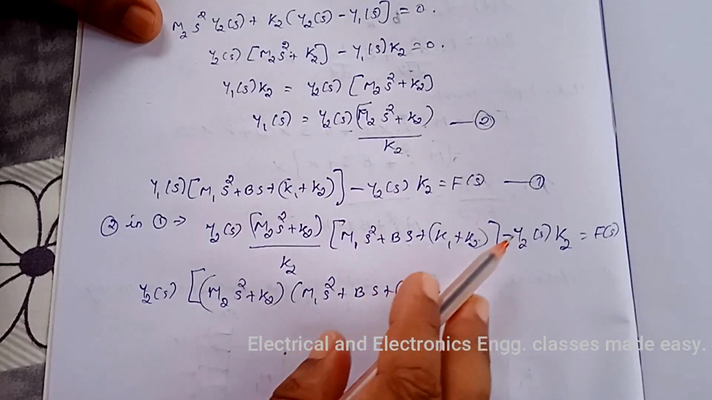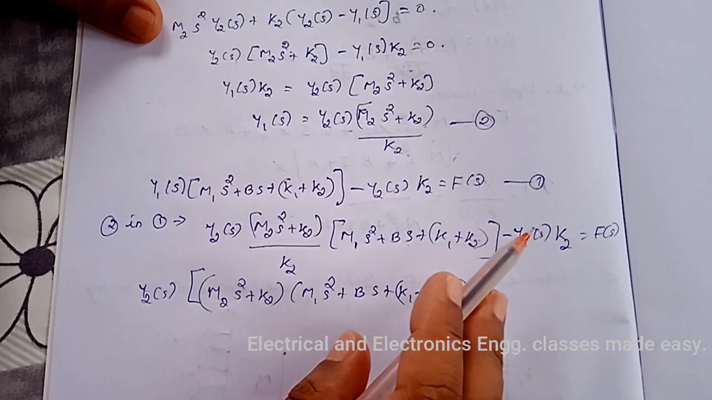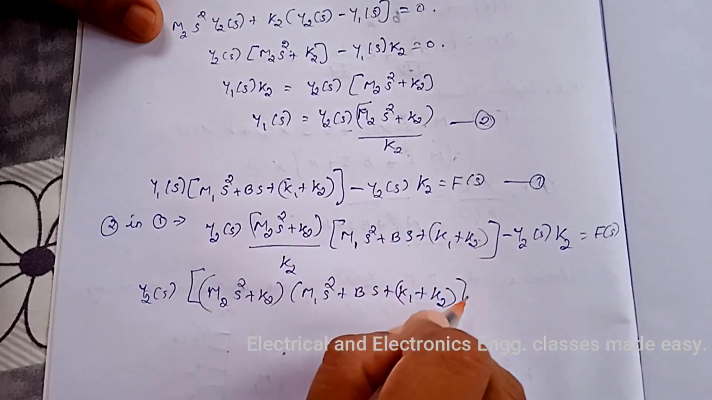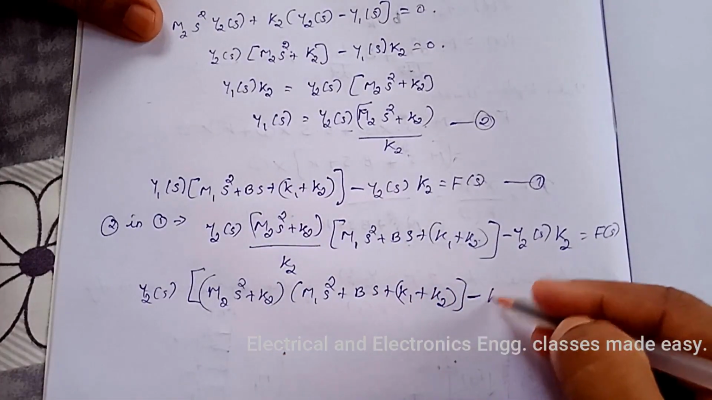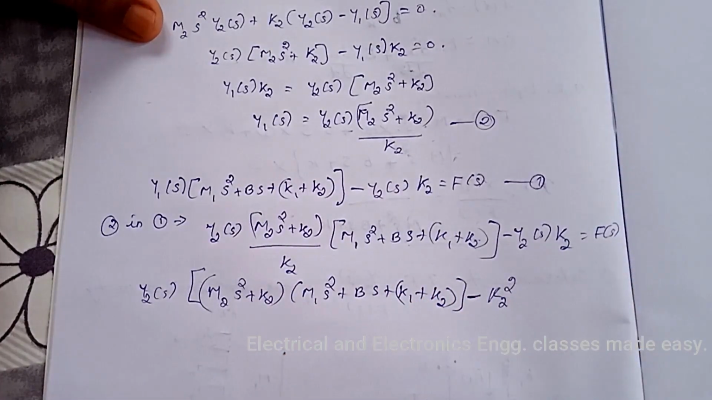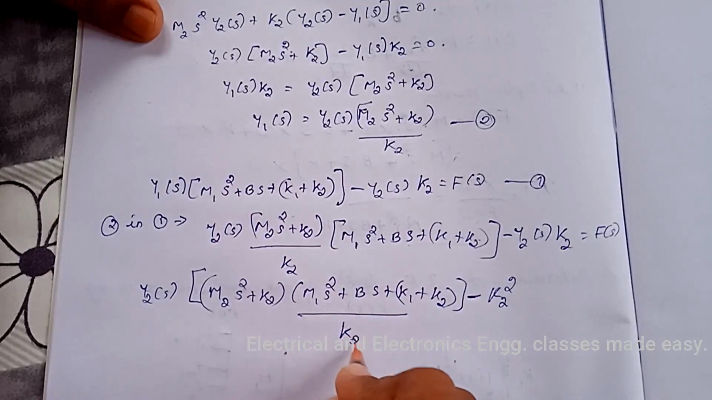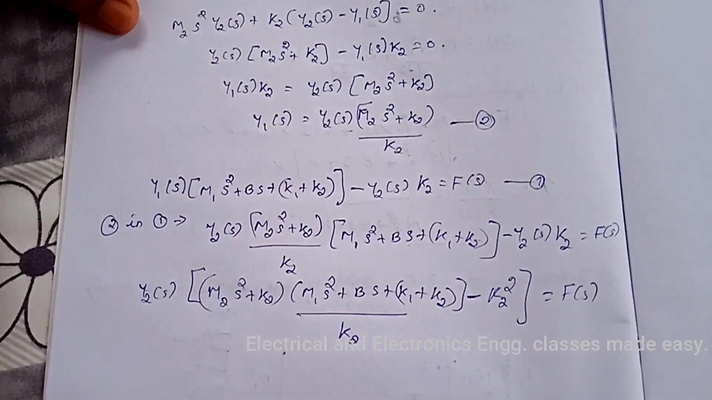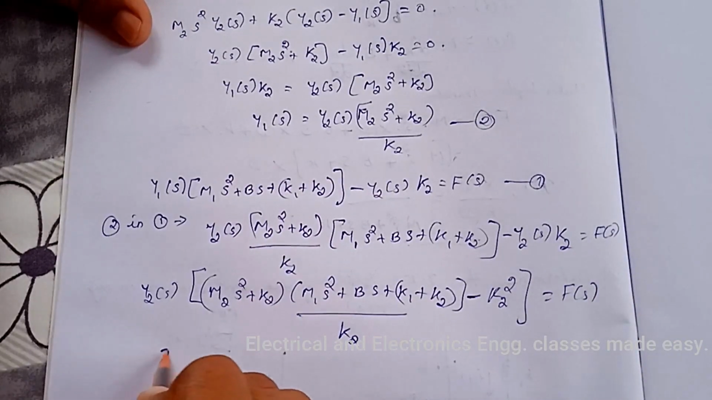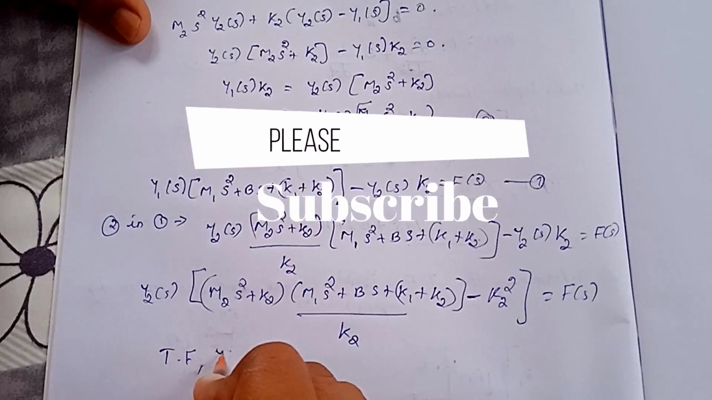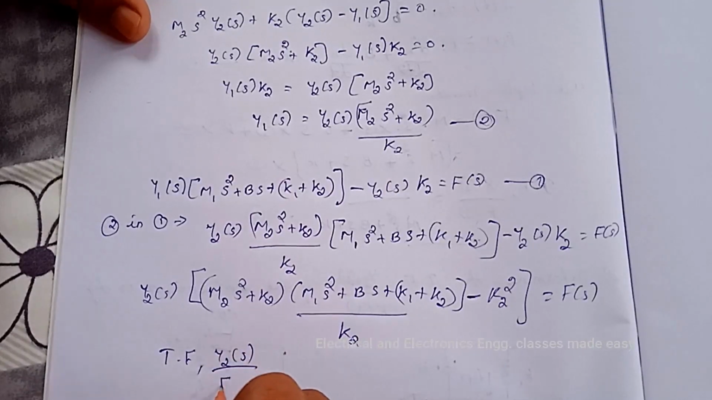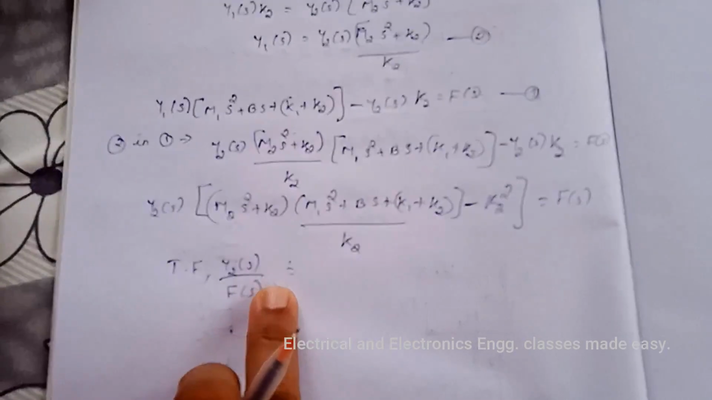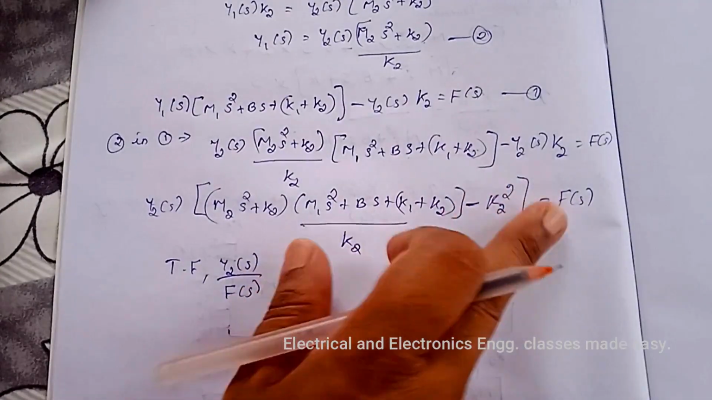This K2 we can take to this side, that is taking the LCM, minus K2 square whole divided by K2 and equal to F of s. Now the transfer function Y2 of s divided by F of s equal to,